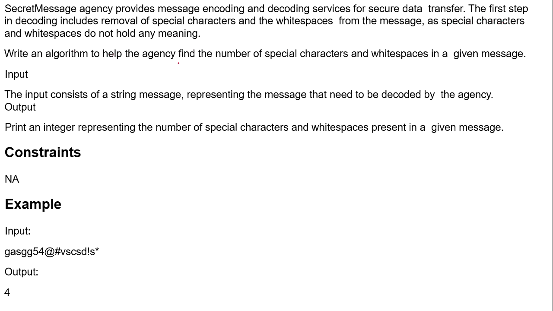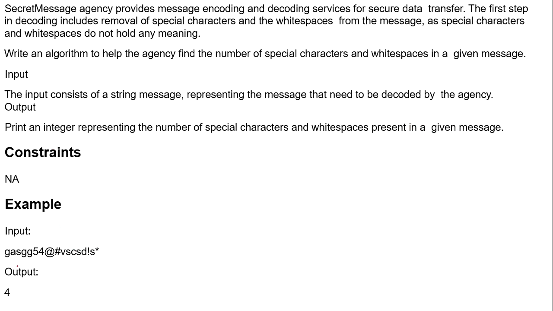Write an algorithm to help the agency find the number of special characters and white spaces in a given message. The input consists of a string message representing the message that needs to be decoded by the agency. In the output we have to print an integer representing the number of special characters and white spaces present in a given message, right?